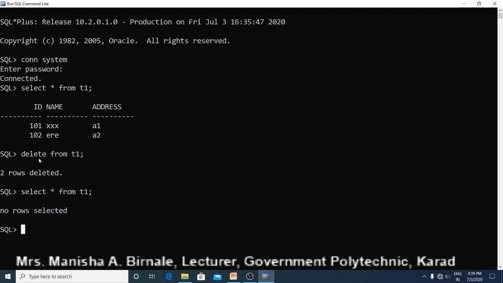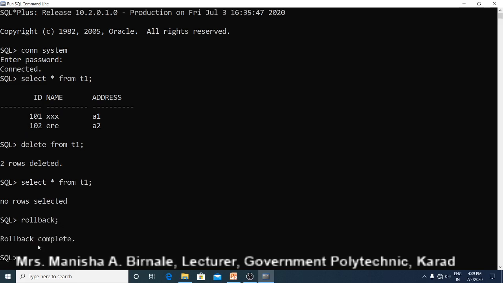But as delete is also DML command, the changes are not made permanent yet. So if you write rollback command, rollback and semicolon. So what will happen? Rollback complete. Means after last committed state, whatever changes you have done, means you have deleted records from the table T1, those changes are undone.